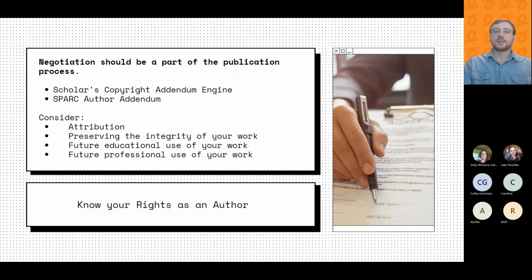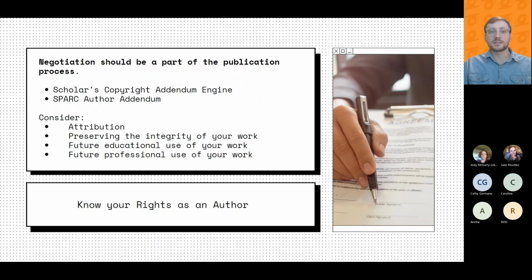It's important to consider things like attribution, preserving the integrity of your work, future educational use of your work, future professional use of your work, when you're thinking about how you want your articles to be used. If you want to negotiate those rights, you might want to attach something, what we call the author's addendum, to your copyright agreement.